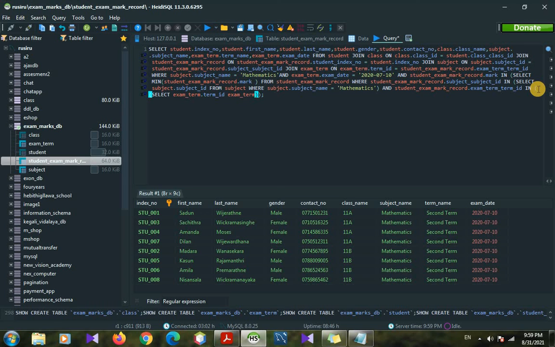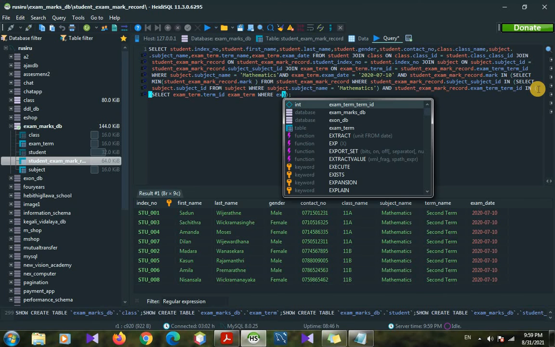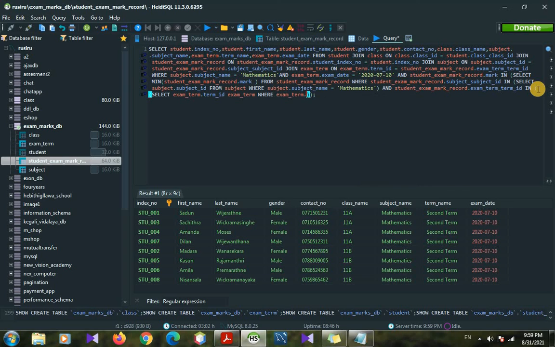Then we can give the where clause here as where exam term table dot. Here we can take the suggestions, exam term table dot term name equals, inside the quotation mark, 2027-10.